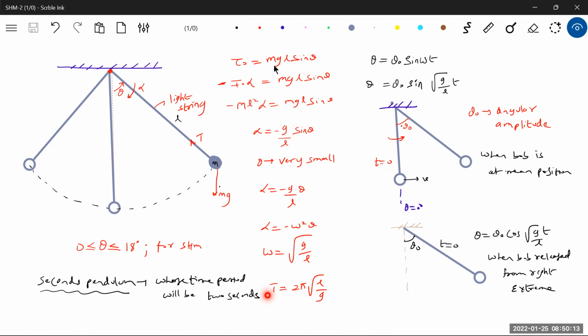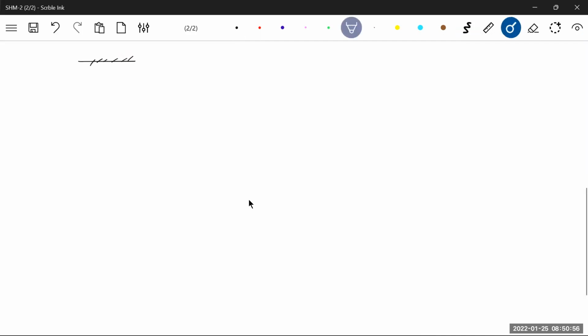If a seconds pendulum is used, it means indirectly we know the length. And in the numericals, these are the ways in which you should have the information. Okay, even the SHM equations will be written of this kind. You have to be careful. If it is released from here, we'll write minus cos, negative angular displacement. Okay, after this, we'll take the conditions. If the pendulum is oscillating such that if you consider the effect of the medium surrounding it, that the density of